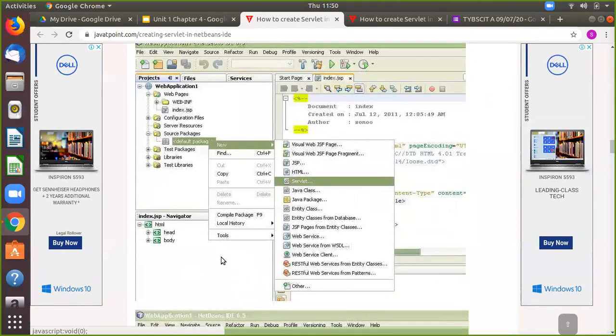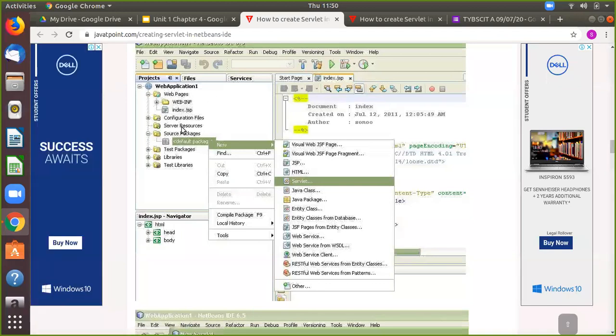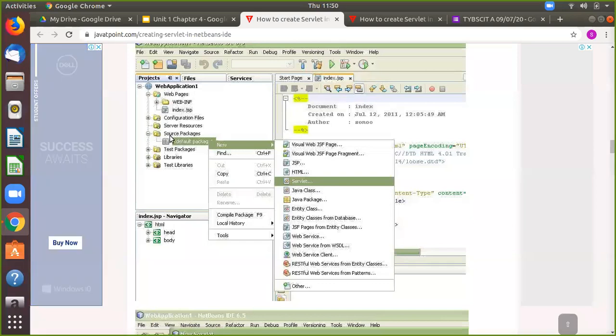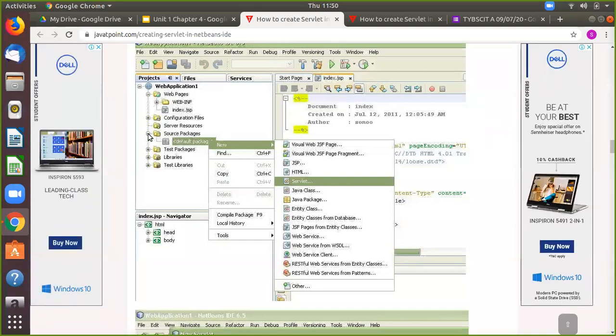Now we know what we are going to do in this web application which we have just created. This is one of the projects I have created. Inside this project, I have a number of options to add. In the web pages, I have an option to add my HTML pages and JSP pages, like my client pages. You have another option called source packages, as you can see here.